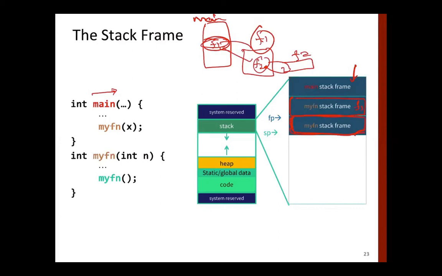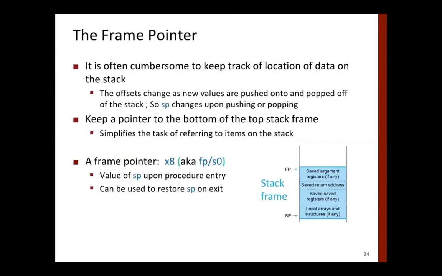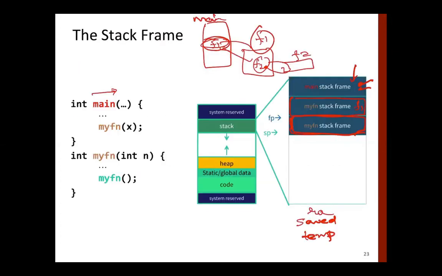And before jumping to the function, all the corresponding register values are saved here, right? We have studied saved registers and non-saved registers like temp registers, etc. Correspondingly, those values will be saved. The array will also be saved, and so on. And each stack frame will also have local variables, right? So the one which we have seen earlier.